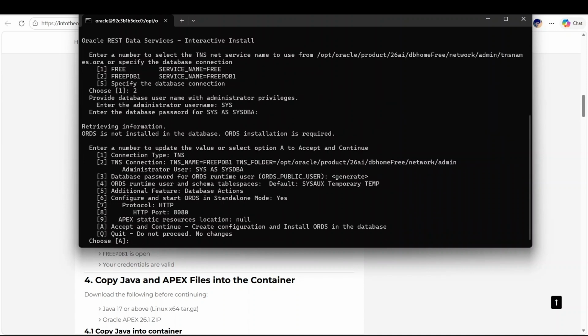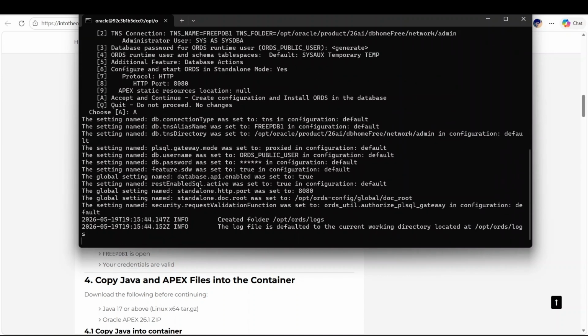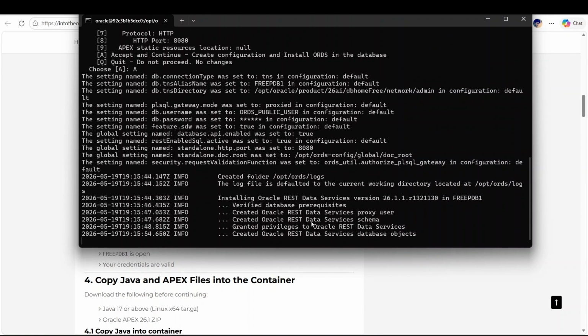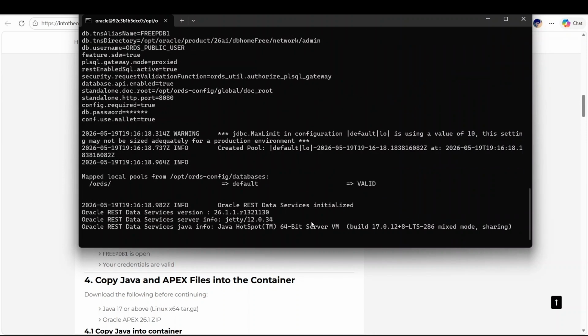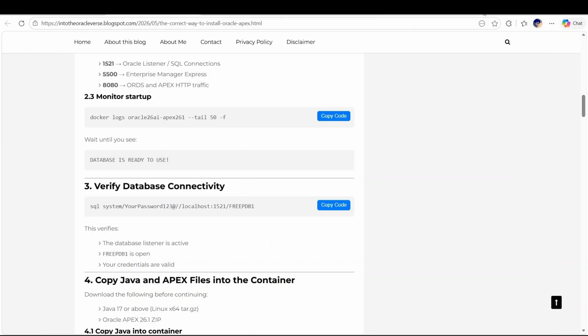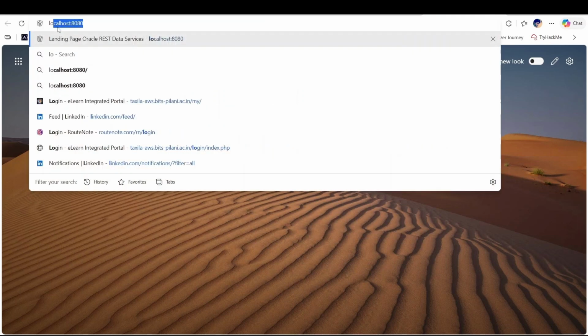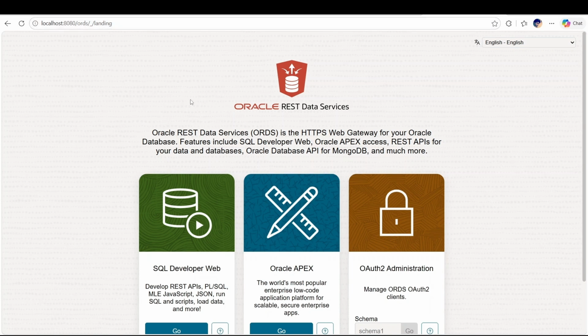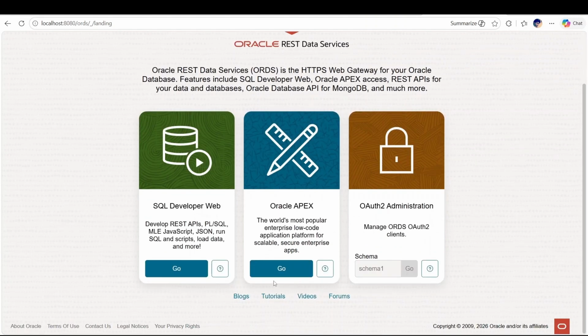So now it has retrieved certain information. So we'll have to just provide A to accept things. So I'll just provide A and then yes. Yes, it has been initialized, so I can easily check it. I'll just have to create a new tab and type in localhost 8080 and I can see the ORDS page. Now I would have to click this,